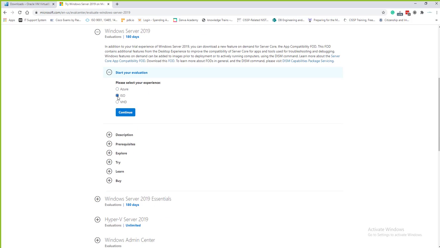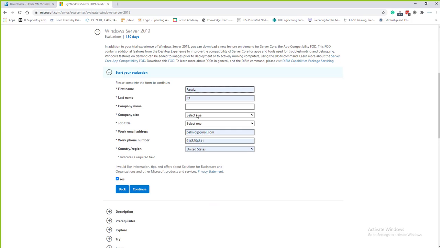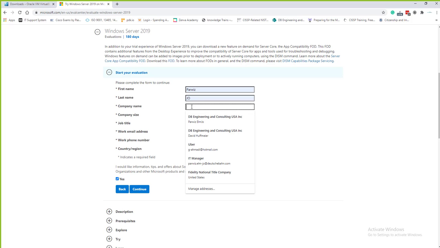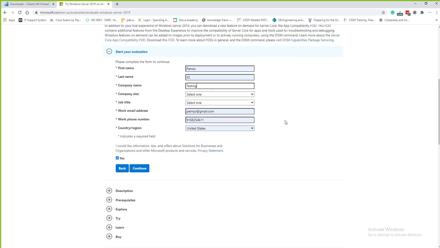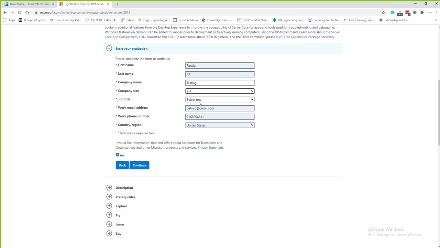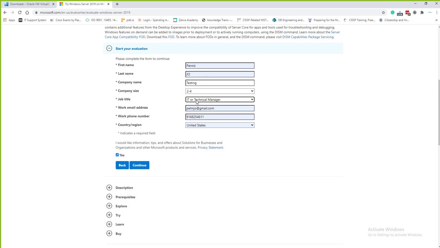So what we will do is in here, we will click ISO because we want the image, right? We want the image of this operating system. Click on continue. Now you have to provide some information in here. First name, last name, company name. Company name is, for example, I will say testing. I am testing it. Company size is this much, and then job title, anything that you want, right? So basically you have to fill this information in order to